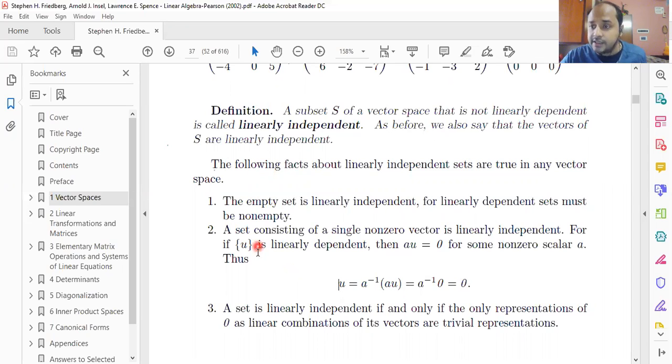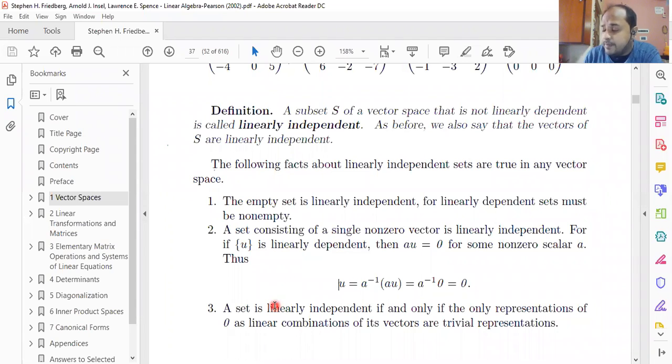We actually considered U to be a non-zero vector, and therefore this particular set cannot be a linearly dependent set. Okay, and hence the singleton set U is a linearly independent set. And lastly, if you ask me how to check that the vectors u1, u2, these